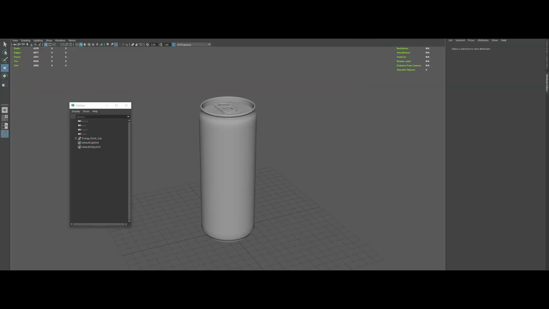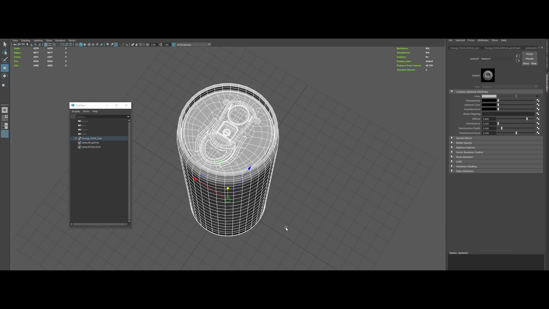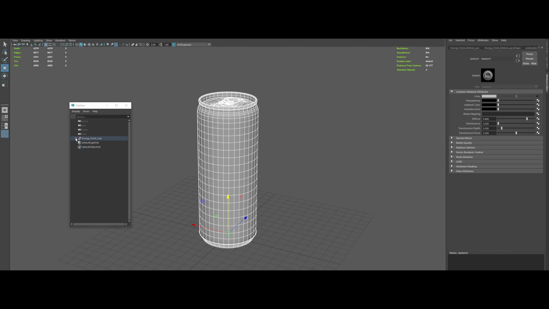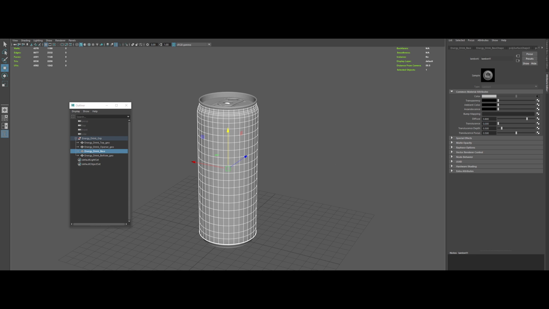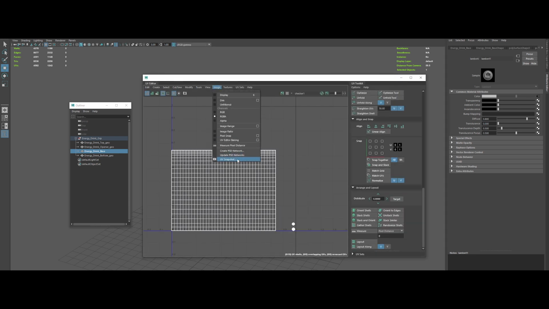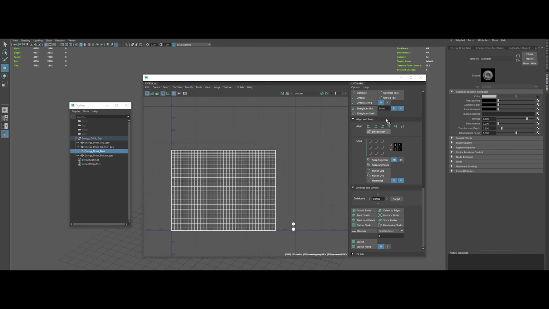So here we are guys inside Maya. First off, for our energy drink commercial, we need of course a 3D model of the drink can. So I retrieved from my 3D model archive this really nice asset. Everything is clean with the proper hierarchy and UVs. Let's make right now a UV snapshot of the UVs in 4K and PNG format for later on.